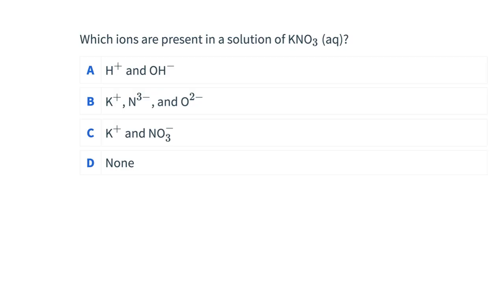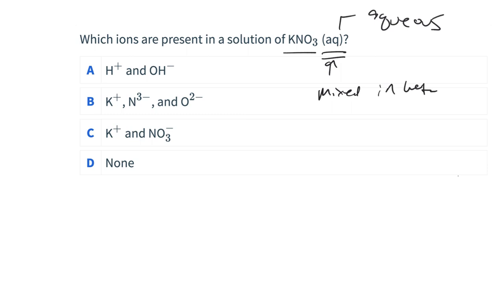Kind of answered this question on the previous slide, so I think we'll take a look at this one together. When I was doing KNO3 in my head, I thought, oh, that's the next example. But with K plus NO3 minus, this aq symbol is what we mean by soluble. It means mixed in water. This means aqueous. And so when you see KNO3 aqueous, what we have to process is that